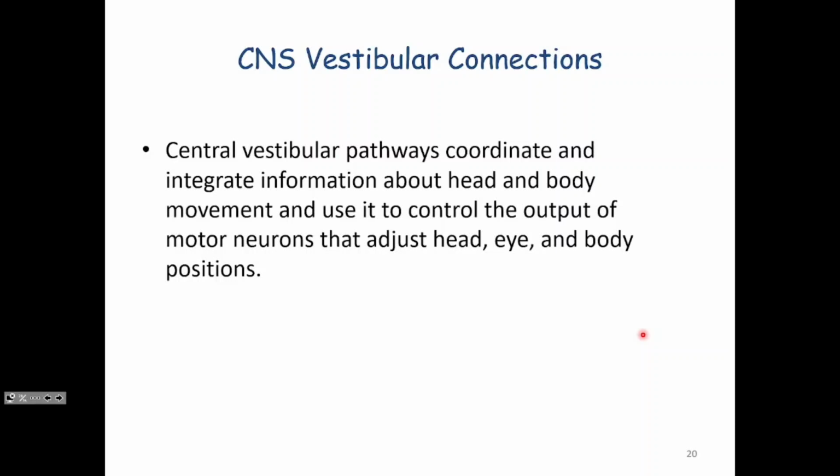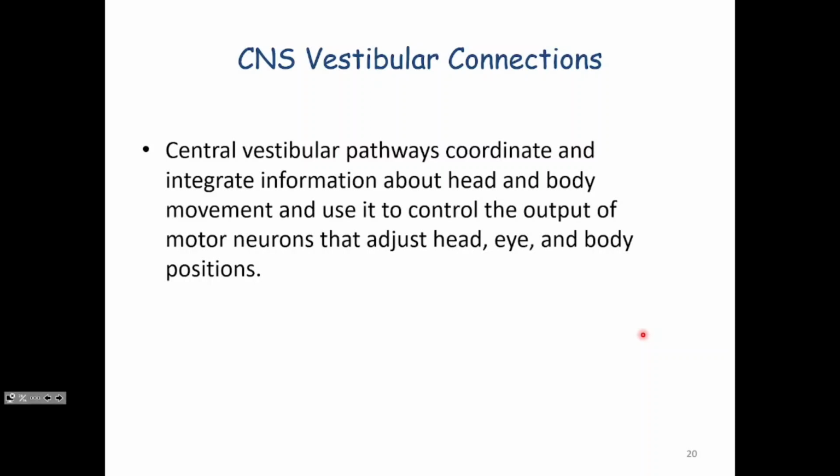The peripheral processes come into Scarpa's ganglion. Scarpa's ganglion sends the central processes as the vestibular nerve, which joins the cochlear nerve to form the vestibulocochlear nerve, passes through the internal acoustic meatus, and reaches the junction of pons and medulla, where you have the